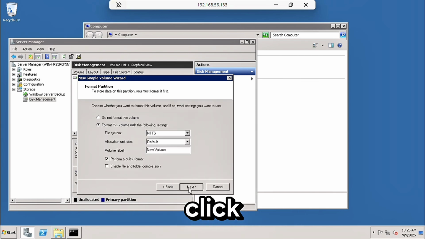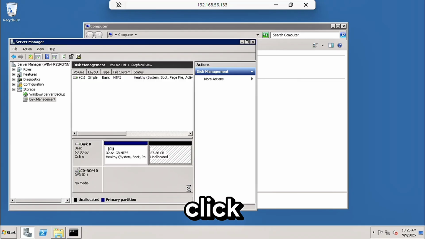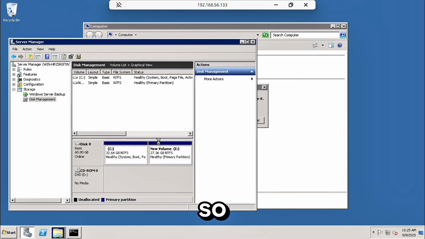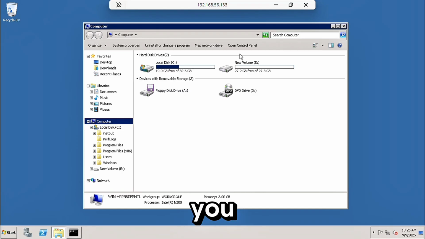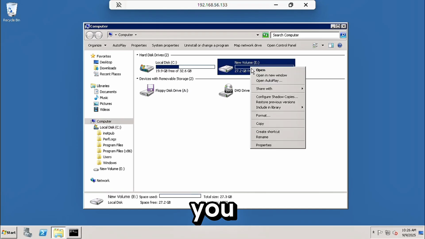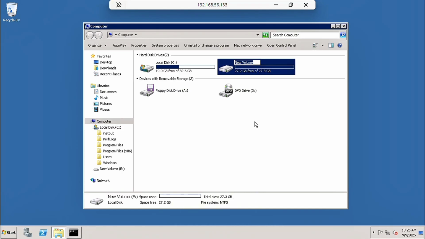Then just click next afterwards. Then click next and finish. So now you already have your new volume. So new volume E. You can rename your new volume to whatever you desire. And that's it. You already have your own hard disk drive.